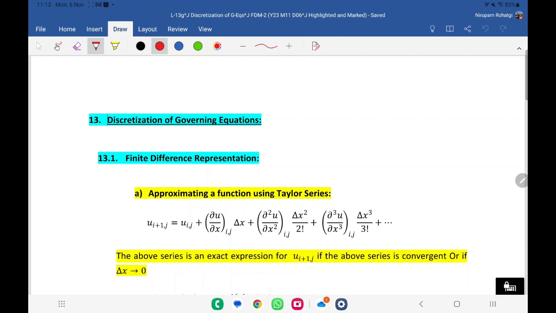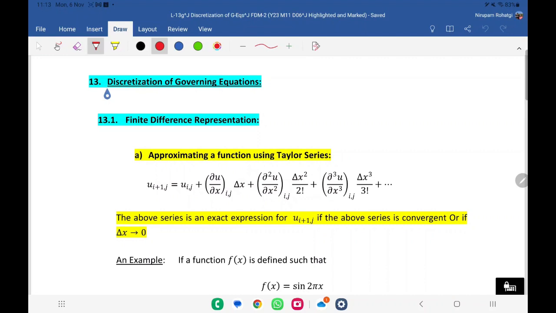is that all our equations are differential equations. So we would learn how to discretize derivatives, partial derivatives. That is what we will learn, and using that we can discretize the equation. Okay. So the basic technique used here is